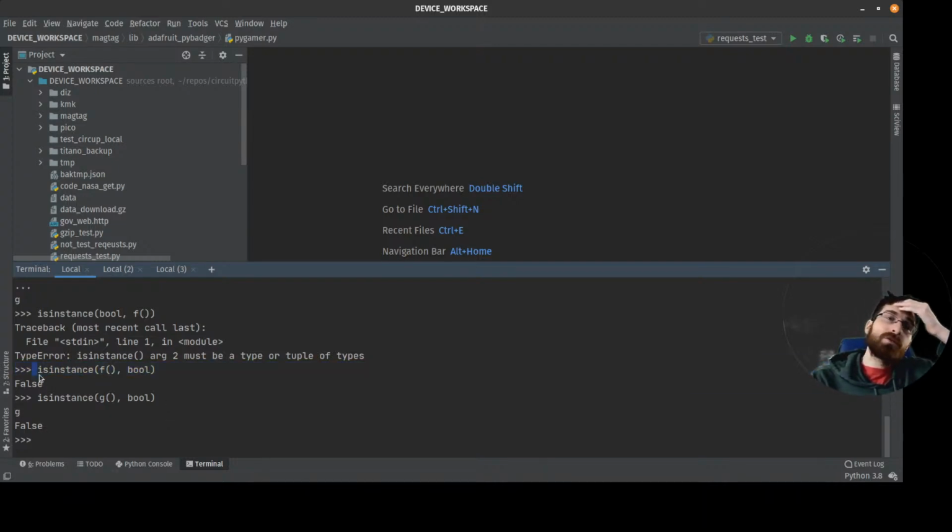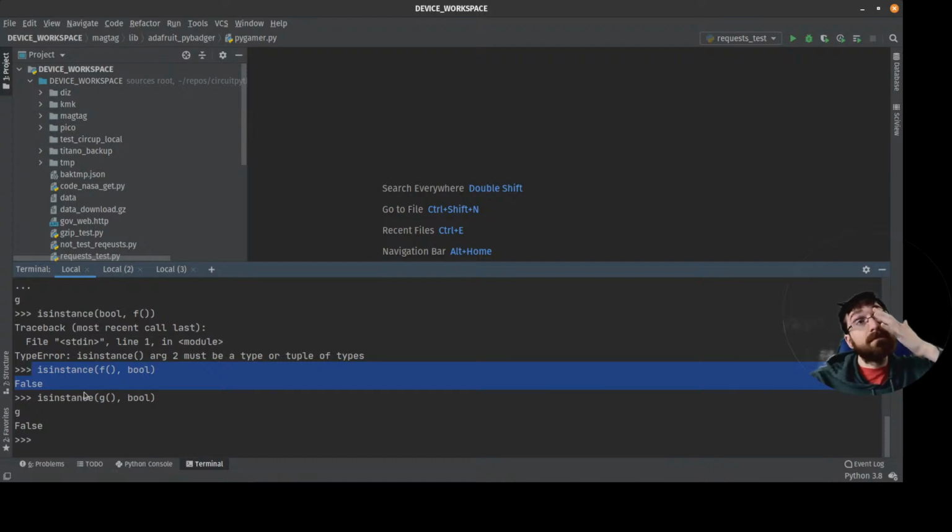I mean, I guess you could try to test it with this, and if the thing it returns is not a Boolean, then you know that it's not, I guess, valid, and you could raise an exception.